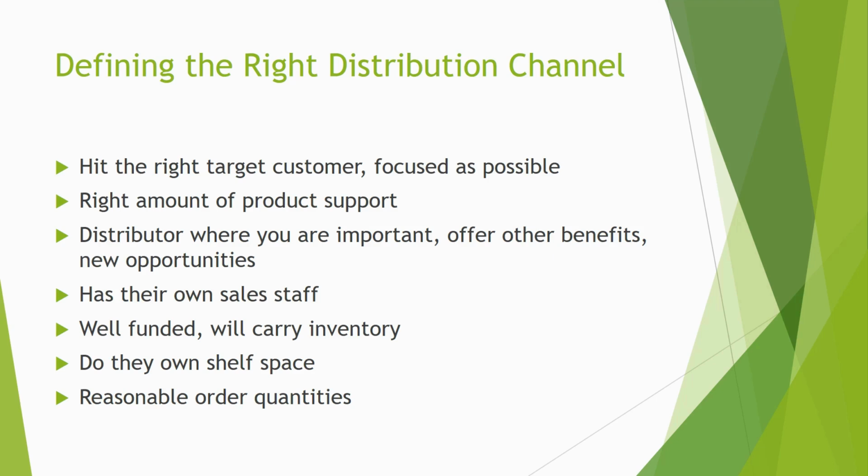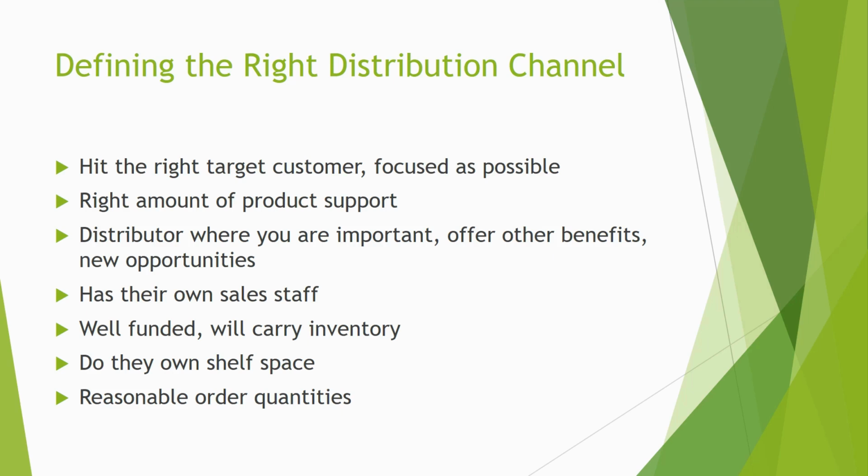Beeline is an example of an electrical products distributor. What they've done is they've really promoted like crazy the Beeline name to electricians, and so the electricians go to the Beeline site and see what they have. Now, Beeline has some inside salesmen or customer service reps, but they don't have outside reps. So how is Beeline going to do on a product like a new electrical invention when you have it on the shelf, but nobody's really explaining it to the electricians, no one's really talking about it, and maybe the electricians go on the site to look something up? So without their own sales staff, sometimes the distribution channels aren't that effective for you.